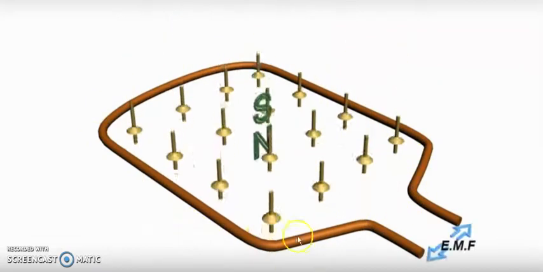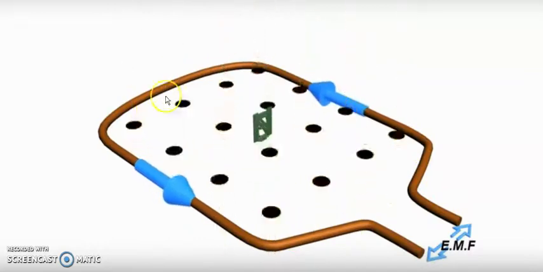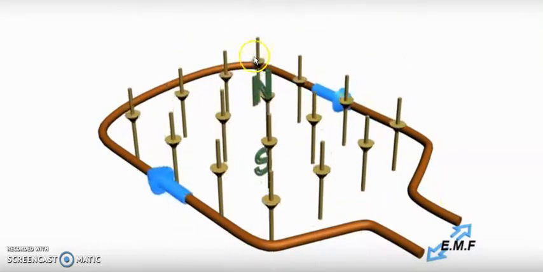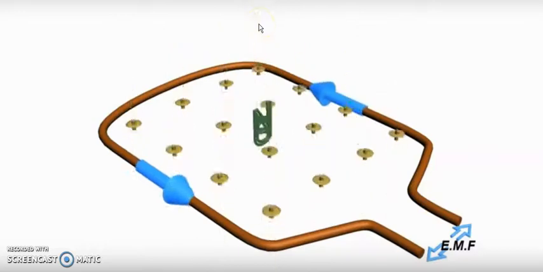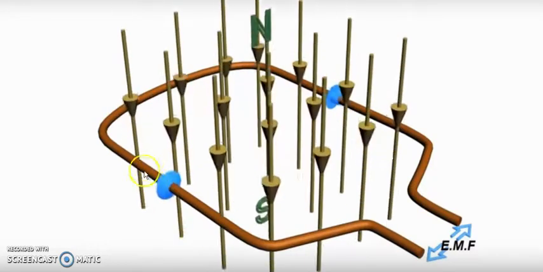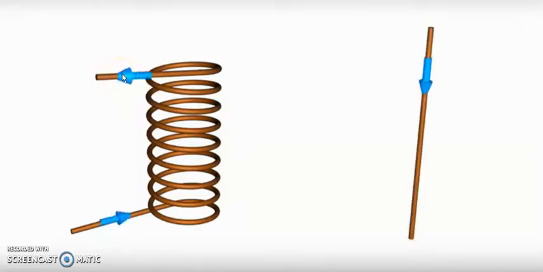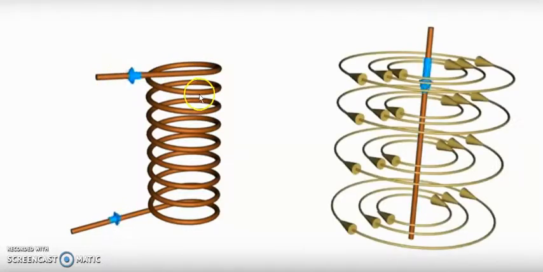You can see as the current flows, for every half cycle the flux changes direction. You can see north, sometimes it will be up, as well as south, sometimes it will be down. What does this mean? The change of the arrow means the flux is varying. The flux is continuously changing its direction for every half cycle.